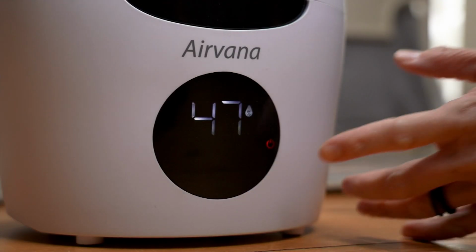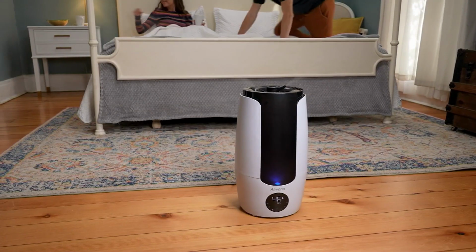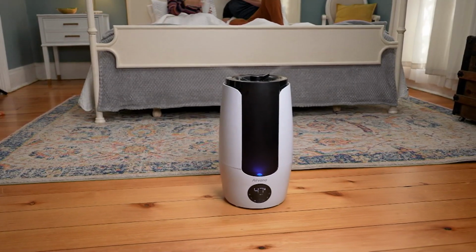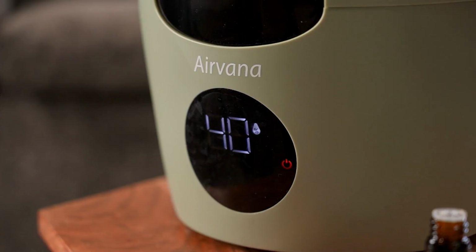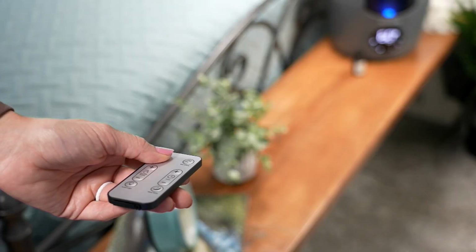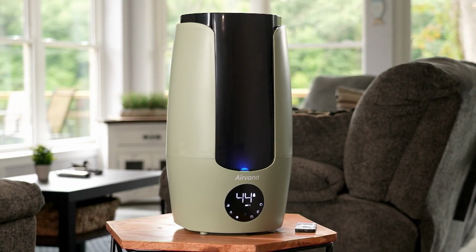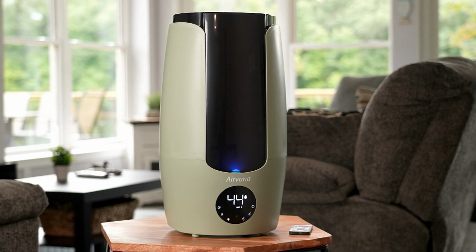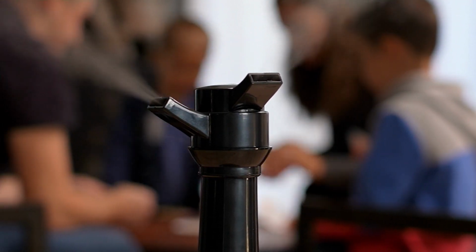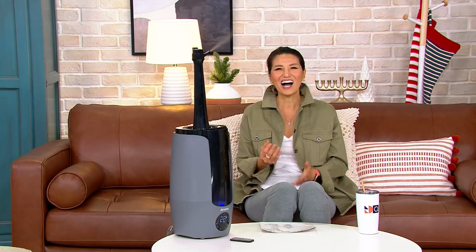Airvana Aspire 2.25 gallon top fill digital humidifier. Well, you're saving a little under $21 on this. This is on a sale price of $88.21. We've got some exclusive colors here at QVC. The taupe and the sage are exclusive to QVC, but can I tell you, like,